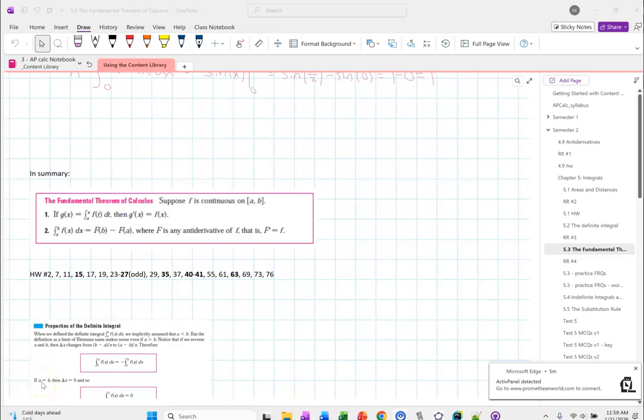So here's the plan, at least tentatively, assuming that there's no snow day on Friday. We're going to do a little bit more in 5.3 today, and we're going to do 5.4. I'm not going to ask you to do more quizzes on the same day you're taking the related rates test, because while I'm crazy, I'm not that crazy, right? So we'll plan on doing the 5.3 and 5.4 homework quizzes